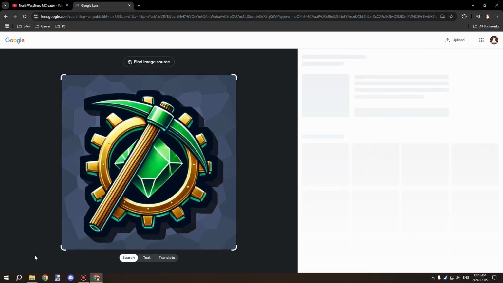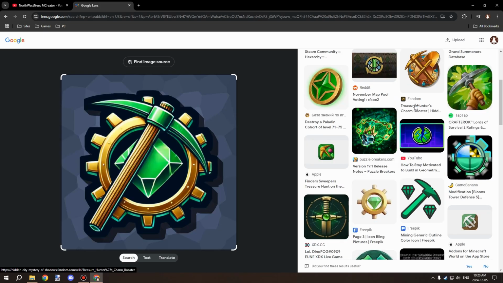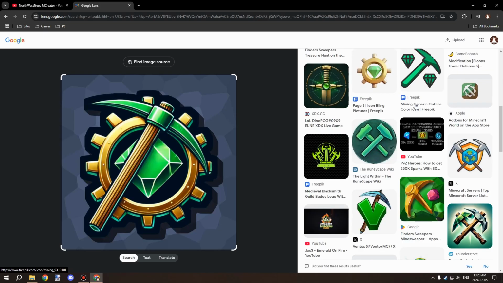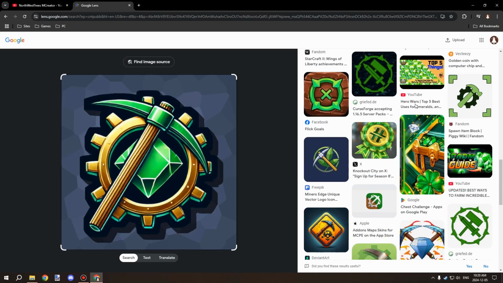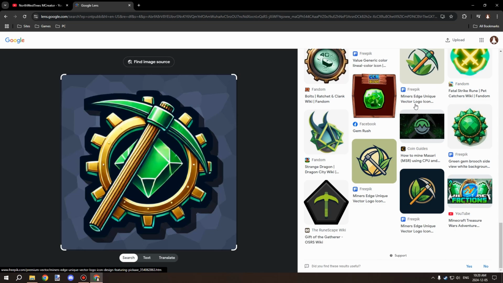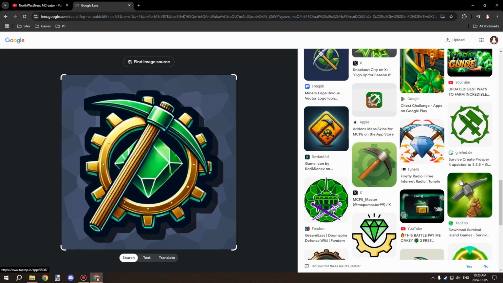Let's do the full image, and it's going to update this, and we're going to just scroll down and see if there's anything that's related here. As you can see, there is nothing that is the exact same as this image. So it would be no different than using a reference image to begin with.